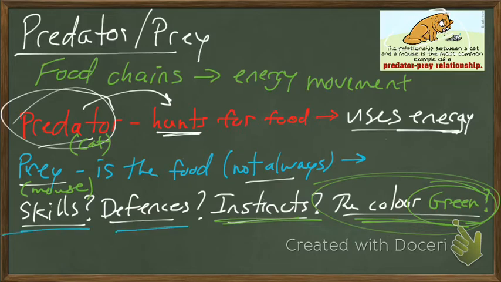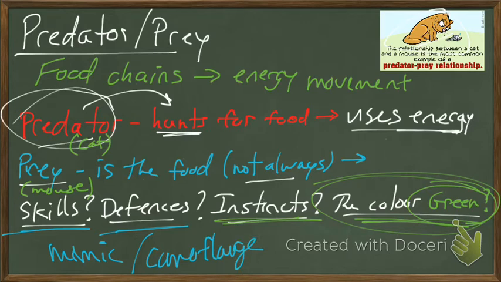Other types of skills and defenses animals may have. If you think about the ability to camouflage, that's very important. If you think about mimicking ability, mimic, camouflage. Many frogs, for example, will have bright colors and spots on their back. When we see bright colors and spots on reptiles, we think poisonous. So another organism might think, I could eat that frog, but do I really want to have problems in my intestine? Maybe I'll find something else to eat.